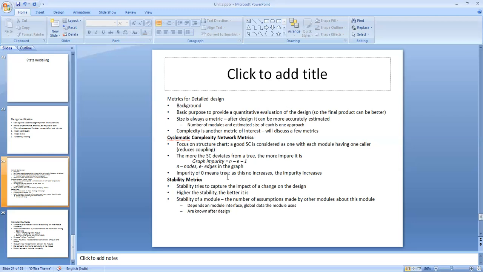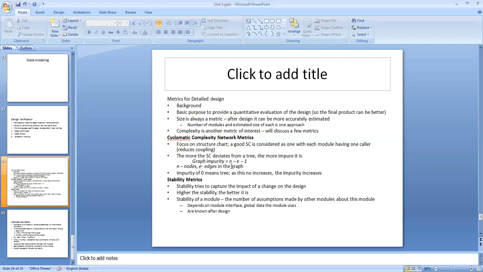For a graph G with n nodes, E edges, and P connected components, the cyclomatic number V of G is defined as E minus n plus P. So, to use this number to define the cyclomatic complexity of a module, the control flow graph G of the module is first drawn.